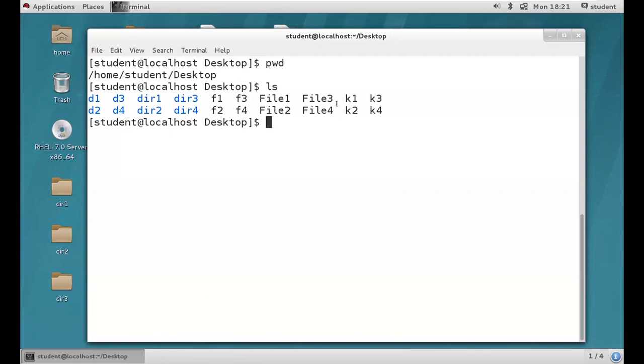We got a list. We are going to get only file names. We are not going to get any properties related to a particular file. Just the file names. That's it. If you need properties of a file, meaning metadata, like what type of file it is, what permissions it has, who's the owner, who's the group owner, how much size, what is the timestamp, we should add one option: ls space hyphen l. l stands for long list.